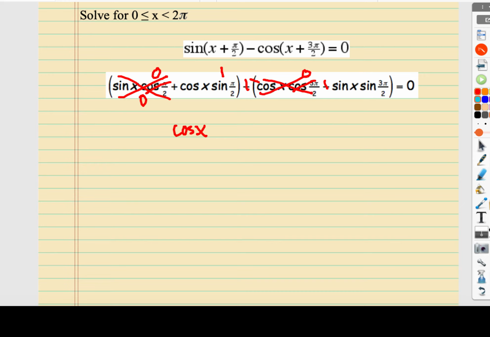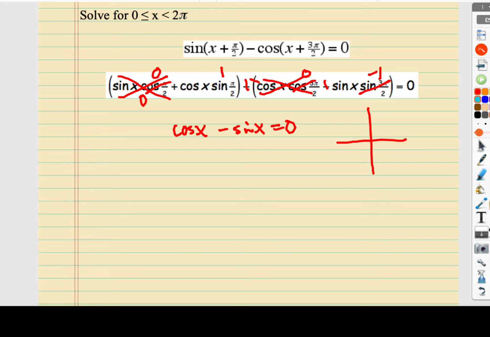which means this whole first term turns to 0. And the positive sine of x, sine at 3 pi over 2, is going to be negative 1, okay, which makes for a minus the sine of x, still equal to 0. Now you can either add sine of x over to the other side, and then think about when would the cosine and the sine have equal values, or you could try to play around with that a whole lot, maybe divide by a cosine on both sides, or a sine on both sides,